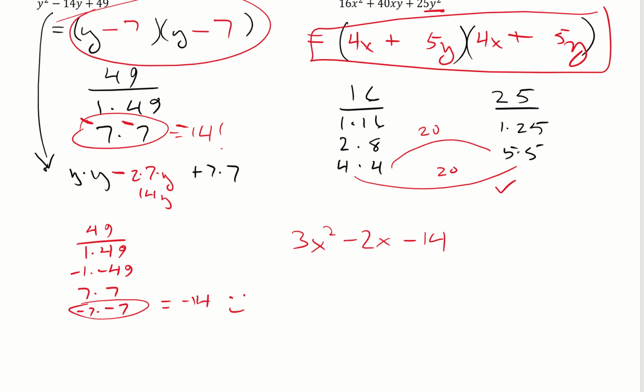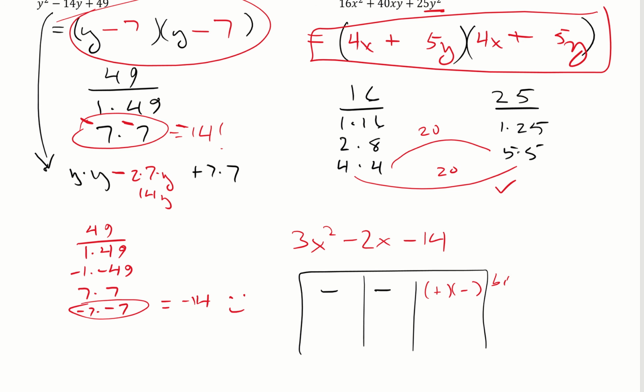If I used to do this in a table, if the signs are like, let's say minus minus as they are here, your answer is going to be a parentheses plus and a parentheses minus, and the bigger guy is minus. You might see a thing that goes, let's see, plus, minus. Well, in that case, it's going to be plus and minus in your binomials, okay? Because your product is negative, but this time the bigger guy